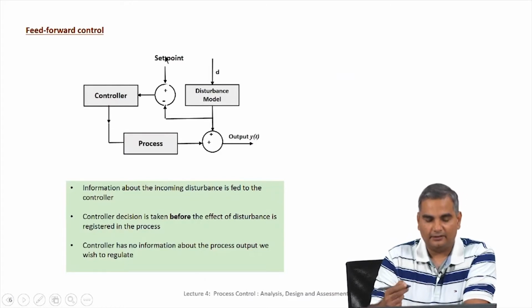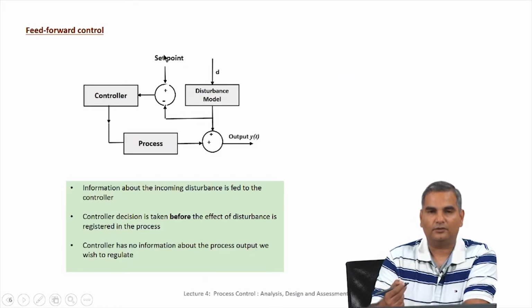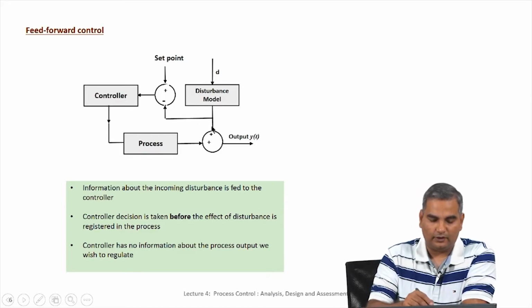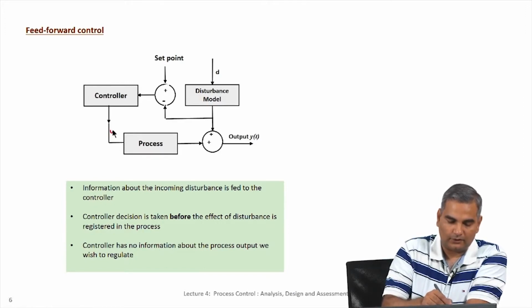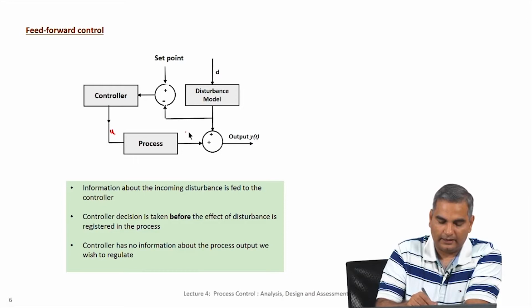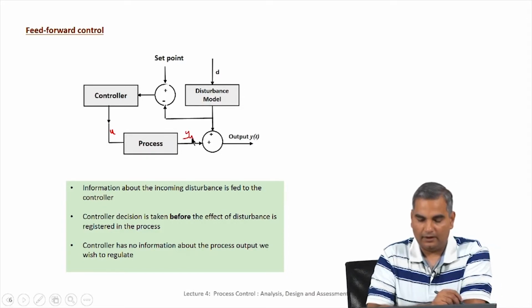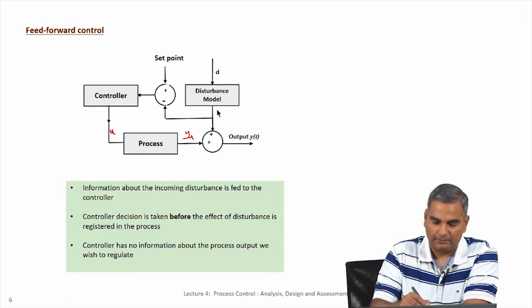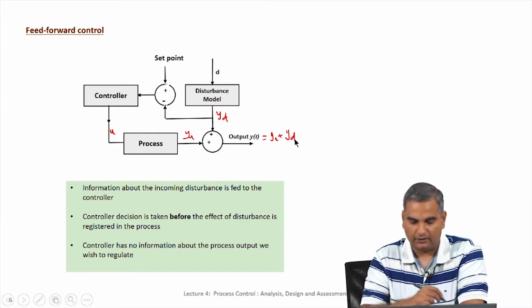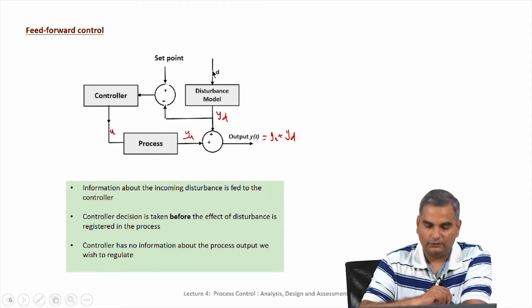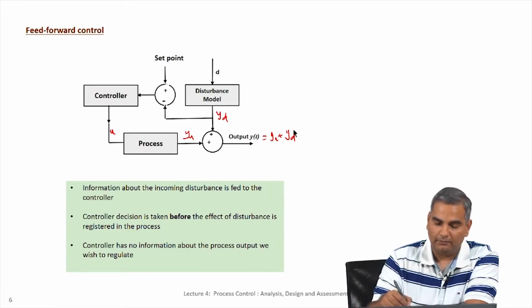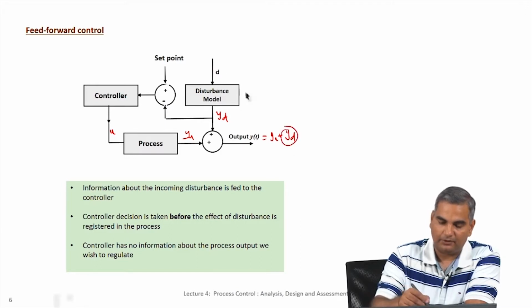Now, there is another type of controller, which is what is called a feed forward controller. In this case, look at this diagram right here. As before, I have U from the controller coming into the process, and then I have output Y U, and then I have, let us say, disturbance Y D. So, this output is Y U plus Y D, as we have been saying in all these lectures. Now, supposing you were to actually measure the disturbance. That basically means you know even before this really happens, that because this disturbance is measured, you know it is going to have this effect on the output.